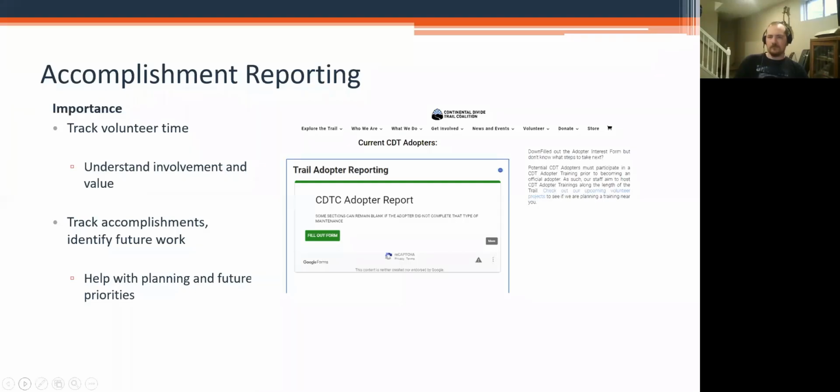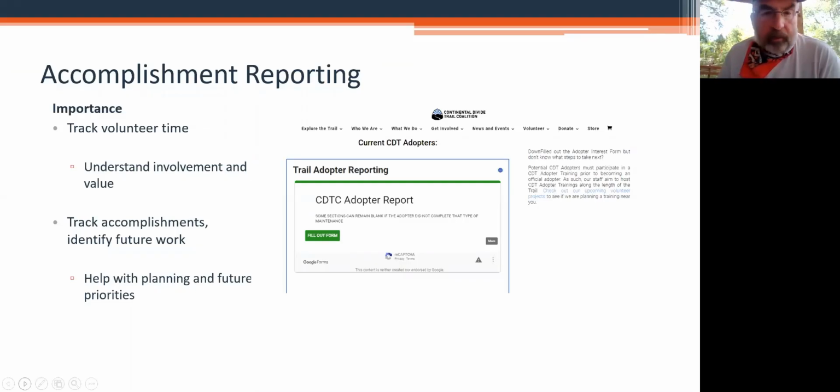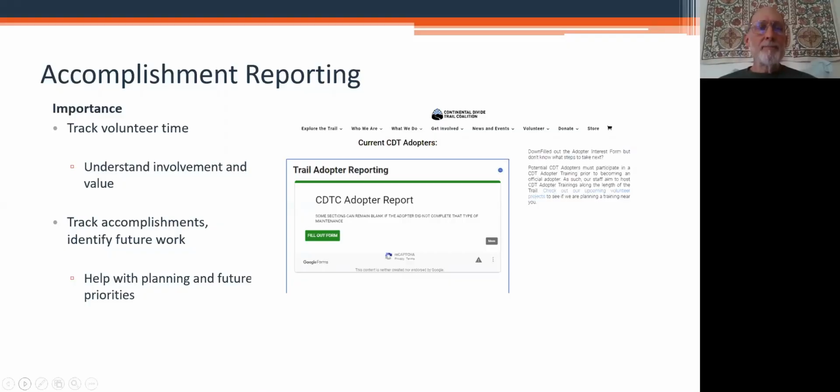What you might consider though too is that if you have a phone app or you're reporting your accomplishments to the agency, that's great. But you might want to think about also making sure that you report those accomplishments to your organization as well. So you're able to put that down at the end of the year report that you accomplished all of this, and so it looks like you've really done something. But if you're just reporting it one way to the agency, you're kind of losing out on some hours and accomplishments. True. Thanks, Steve. Yep.